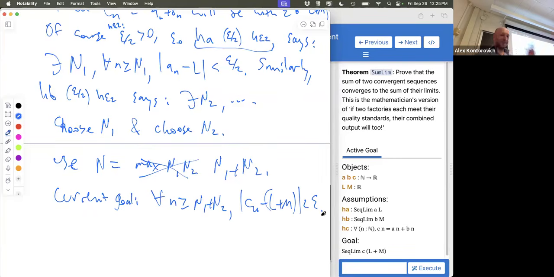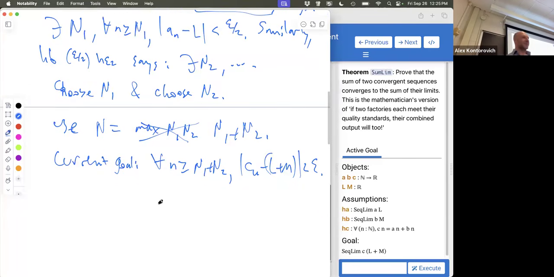Perfect. Okay, so I'm just reminding you, I'm anchoring the goal state that we don't see when we write informally in natural language. Okay, so that's what we have to do. So what's our next step? Akil. Yeah, let little n be given,